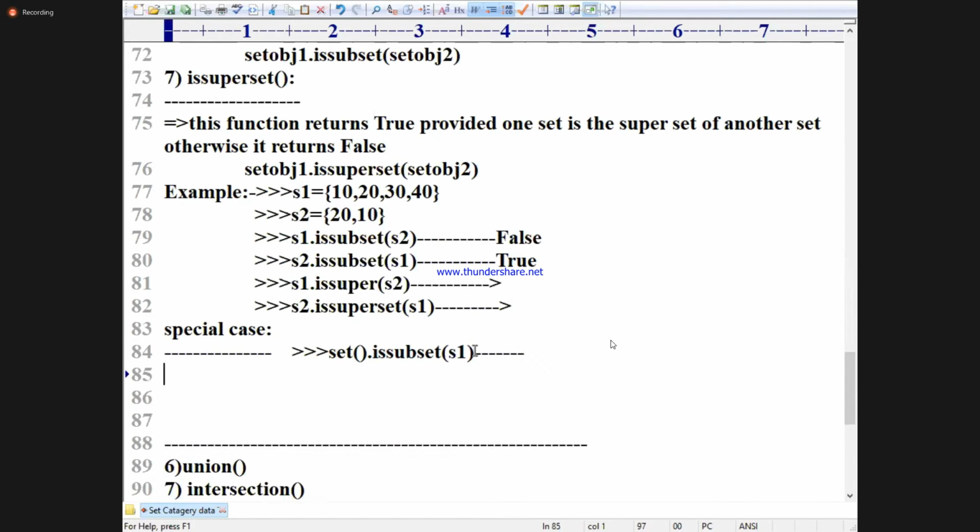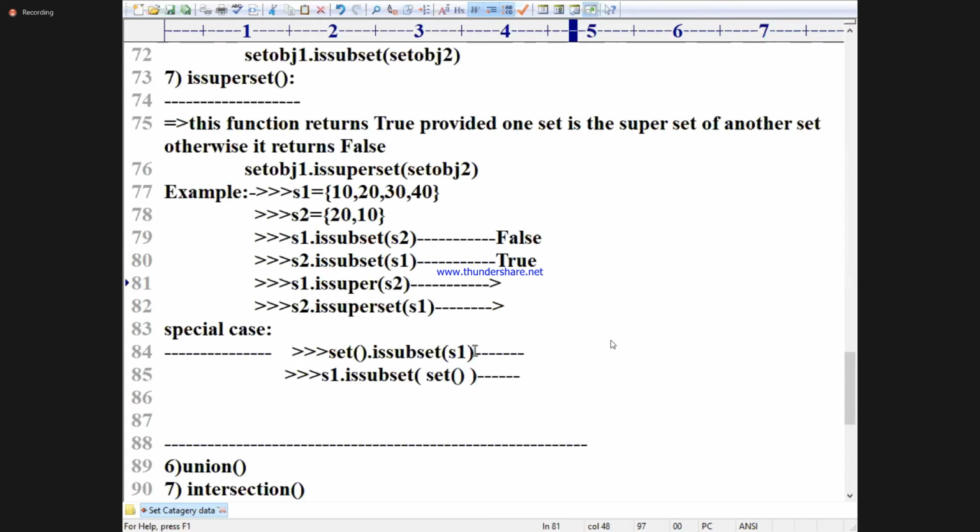I'm expecting answer. S1 is a subset of empty set. Beautiful question. Waiting for your answer.